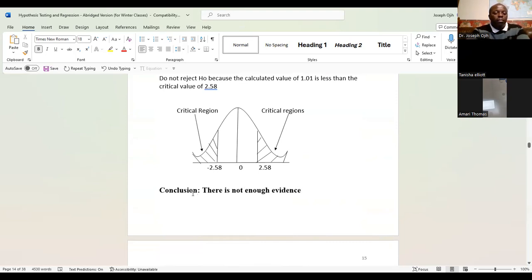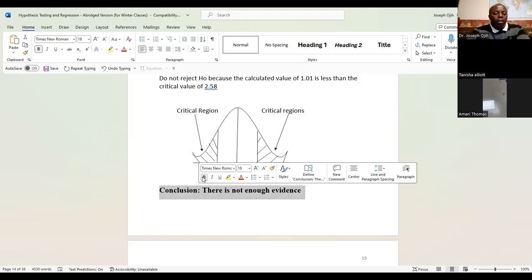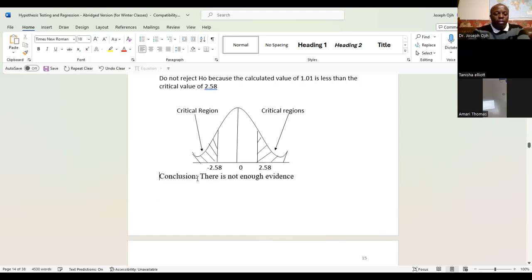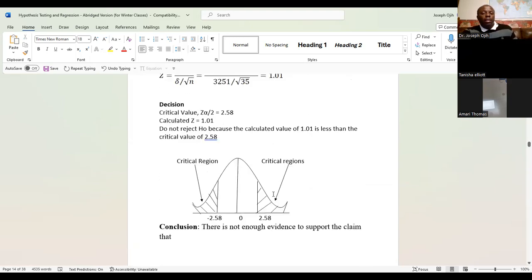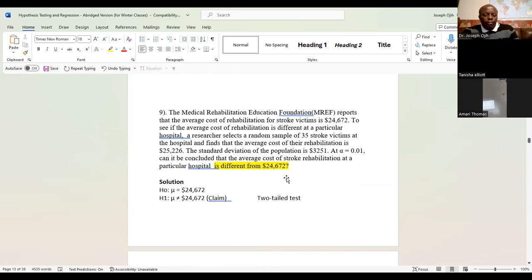Okay, to support the claim. Support the claim that, which is that, this is where it starts. To support the claim that, and what is the claim? The claim was that the average cost of rehabilitation of stroke victims in that hospital is different from